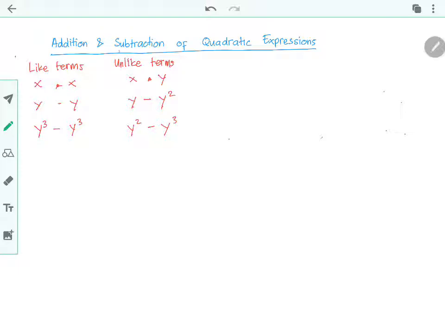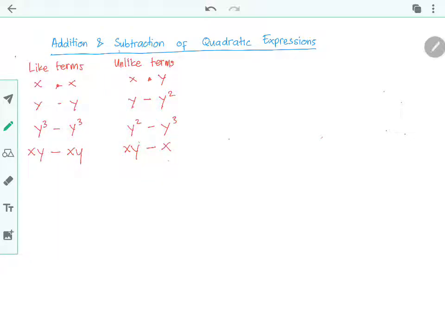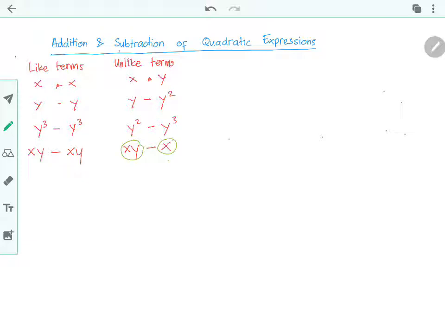But if I have y square, it is unlike terms with y cubed. Now how about if I have xy? xy is like terms with xy, but xy is unlike terms with just x. So once again, we really need to be careful when we have xy, because xy is not like terms with x. Both of them are different. Sorry for the disturbance. Now by knowing about the like terms and the unlike terms, then we can learn about the addition and the subtraction